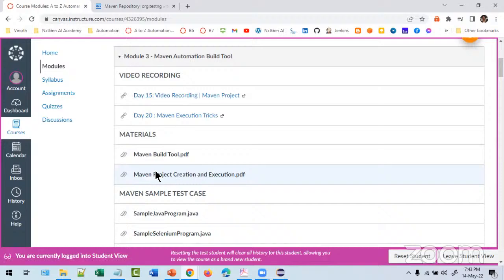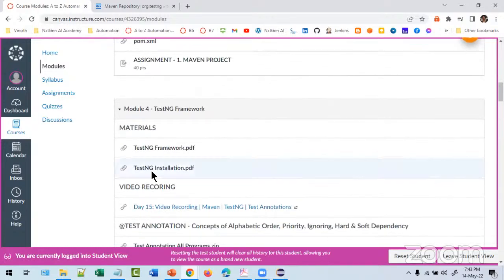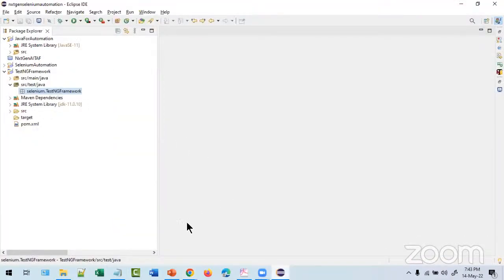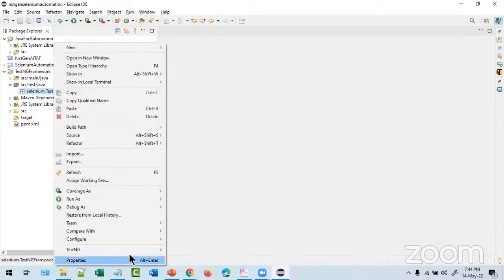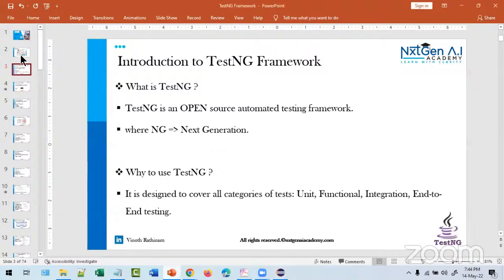This is the one we follow. For TestNG installation, you can follow it in any sequence. But again, after you install the TestNG plugin, you have to restart. So TestNG plugin and Maven need to be installed. Yes, it's all done. Let's see whether we are seeing this option. Yes, TestNG is there. Okay. Now moving on to TestNG.